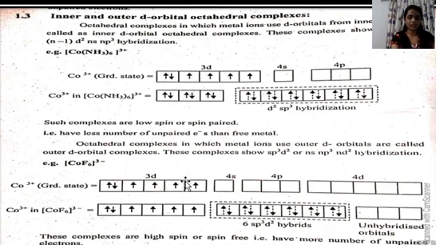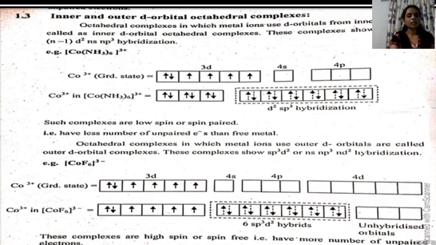Again 6 electrons in the 3d orbital, 4 are unpaired. Here we have a weak field ligand, so it will not lead to pairing of electrons, and therefore for forming bonds with the ligands we have to use the outer orbitals. Since the inner orbital is not available to form a bond with the ligand, fluorine here, we have to use the outer orbitals. Here one 4s, three 4p and two 4d, so sp3d2 hybrid, and these three will remain unhybridized as they are.